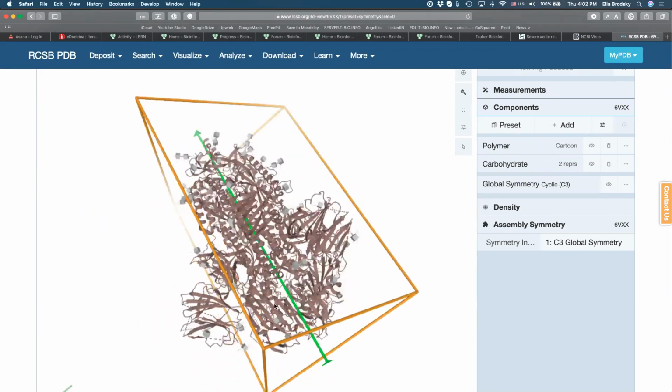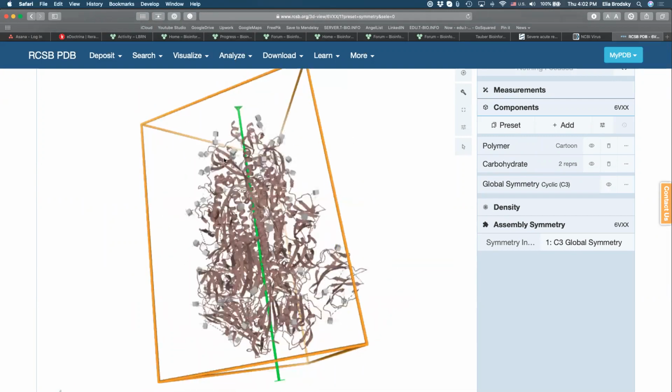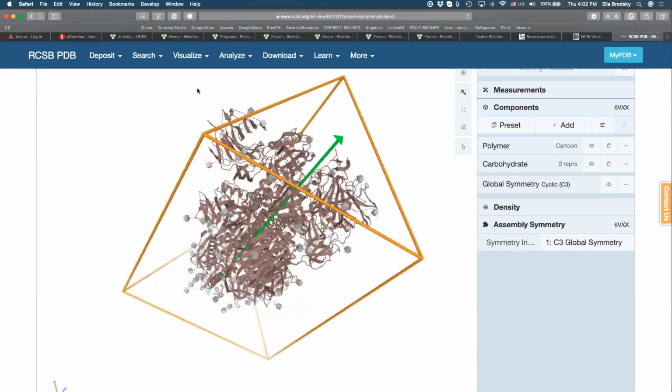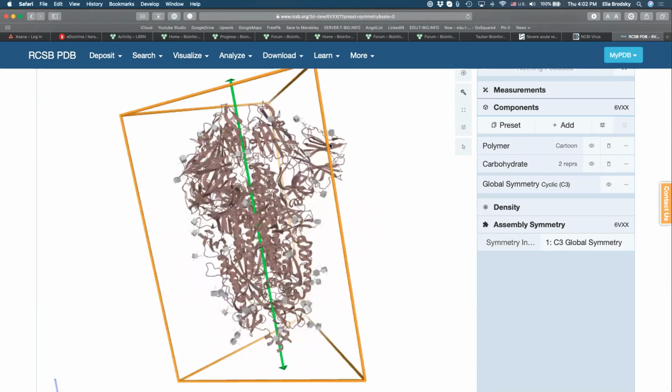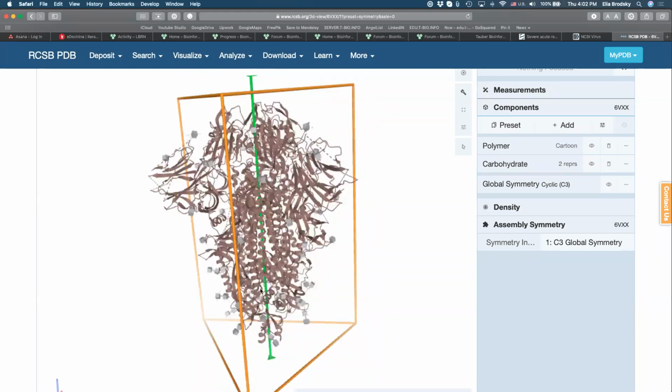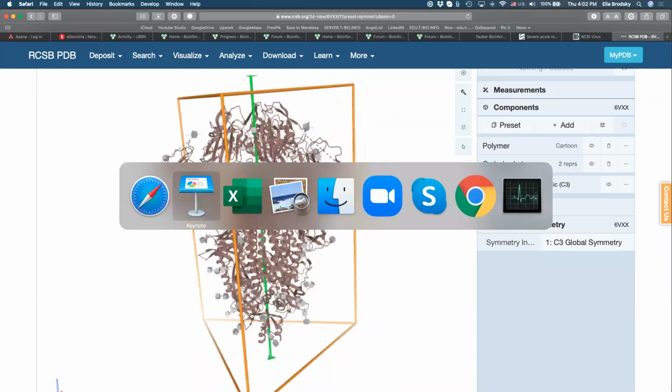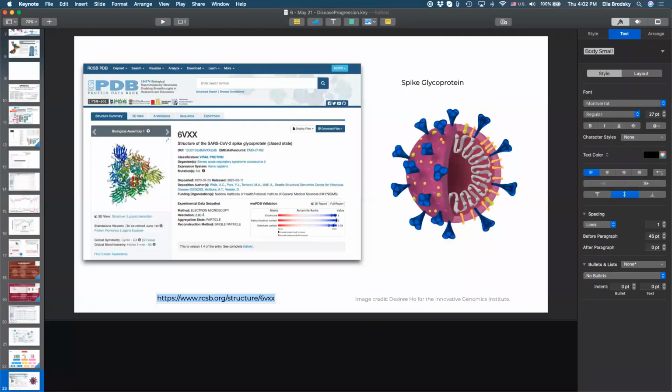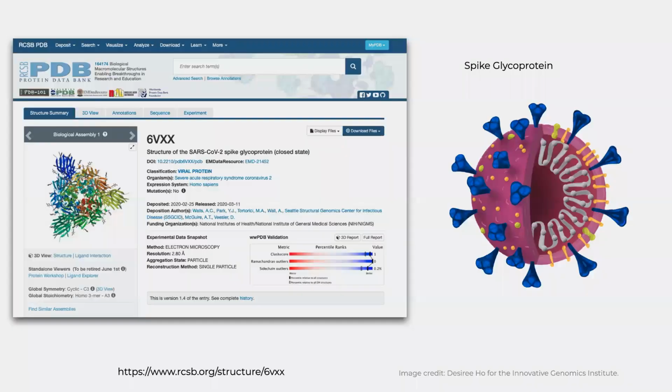Okay, so here's the structure. You can play around with it and just spin around, but if you point it upwards, you can see how it forms a structure like a spike, right? It's kind of wider here on top. So this sequence is actually encoded by the gene S,